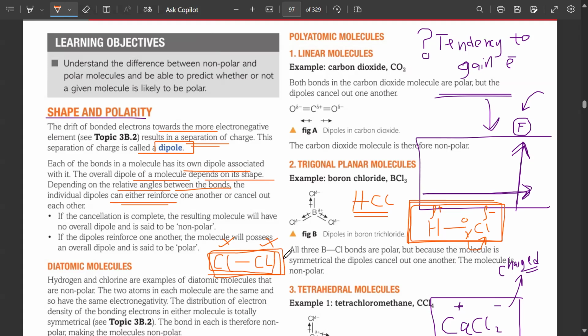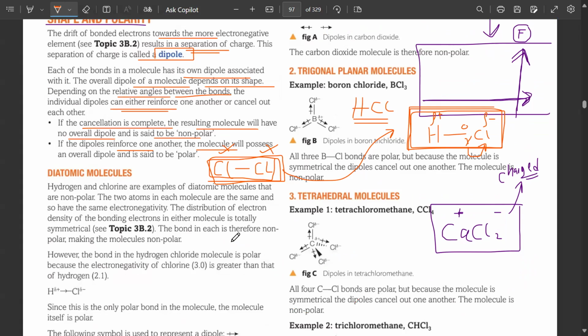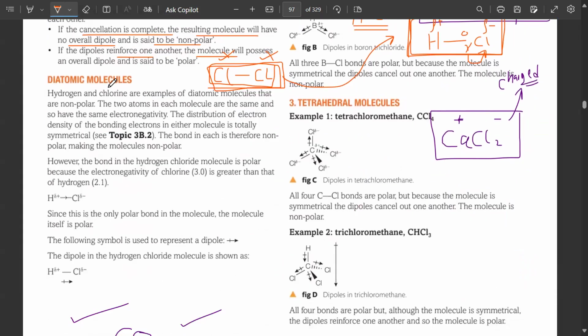This is a non-polar molecule, whereas HCl would be a polar molecule. If the cancellation is complete, the resultant molecule will have no overall dipole and we call it non-polar. If the dipoles reinforce one another, the molecule will possess an overall dipole and it is said to be polar. Diatomic molecules, for example, are all non-polar, H2, Cl2, N2, because the two atoms in each molecule are the